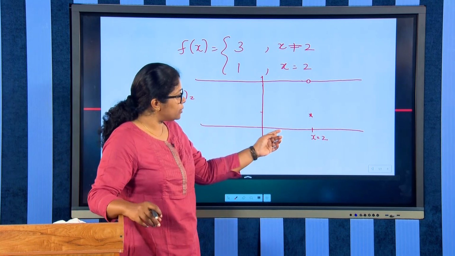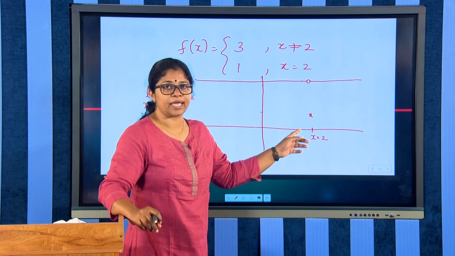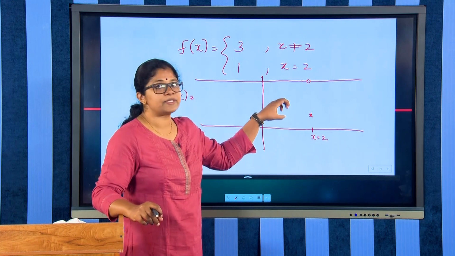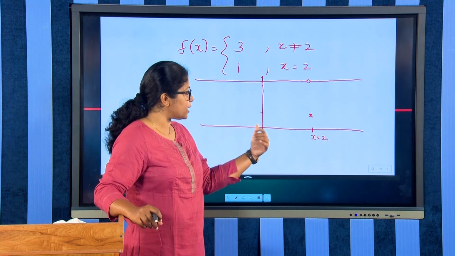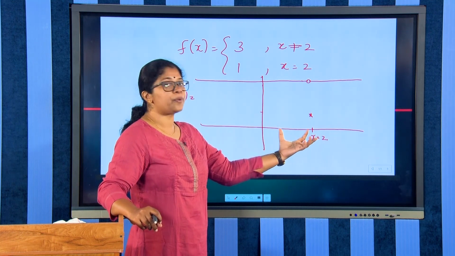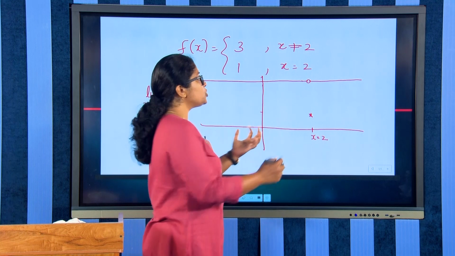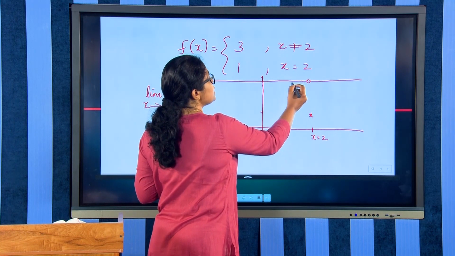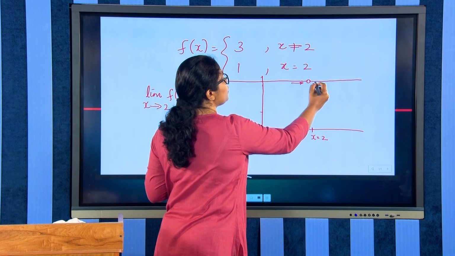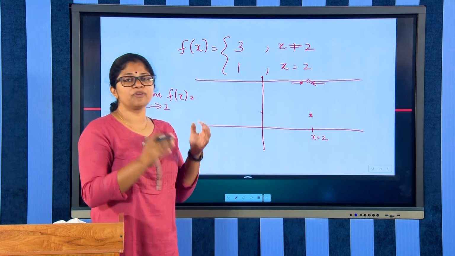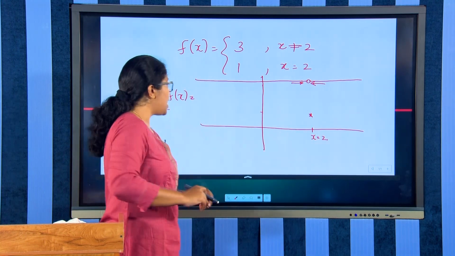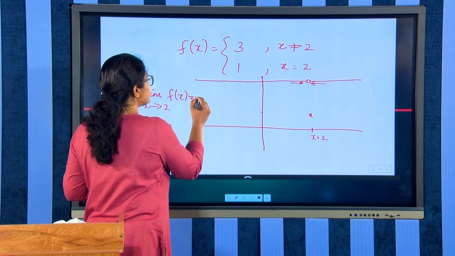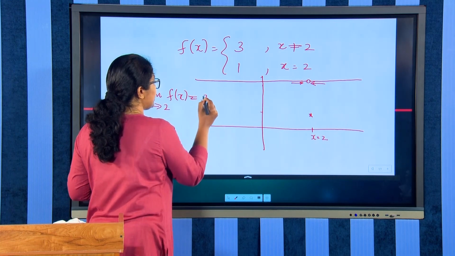It can be either through this side or through this side. And using the epsilon delta definition that we have discussed in the previous session, whenever x approaches 2, the function takes the value 3. So this limit becomes exactly equal to 3,